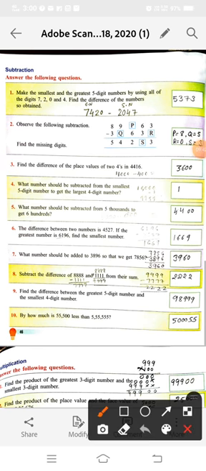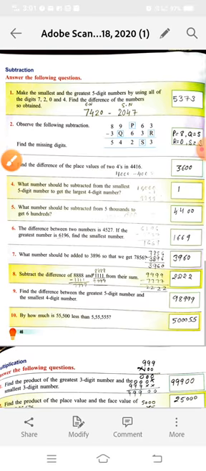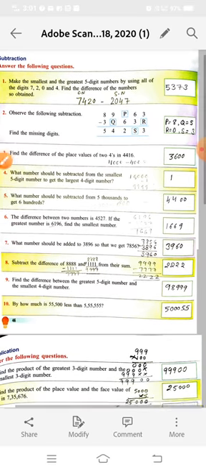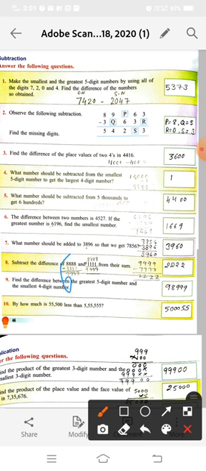Now question number 6. The difference between two numbers is 4,527. Difference means when we get the answer after subtracting two numbers. Okay, if the greatest number is... when we subtract any number we have two numbers, one is greater and second is smaller. So we have the greatest number or largest number